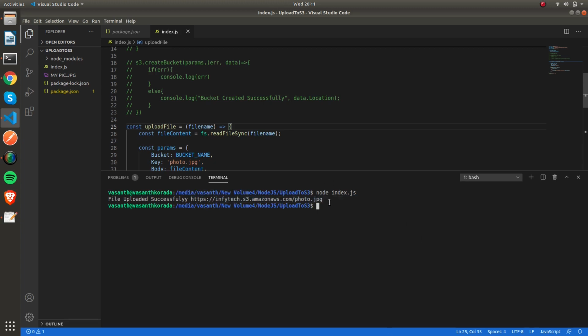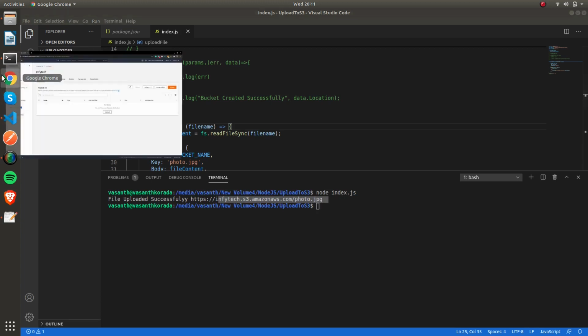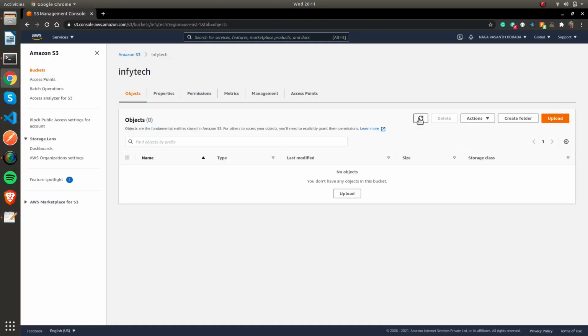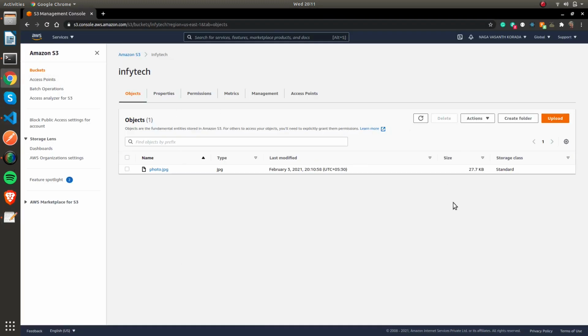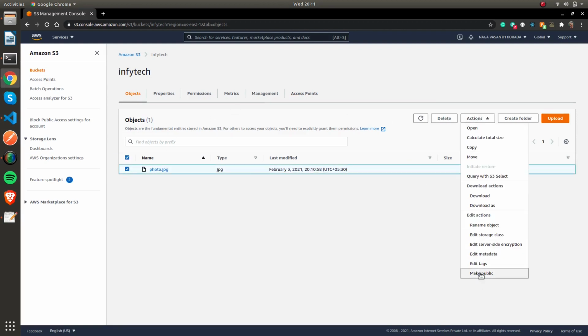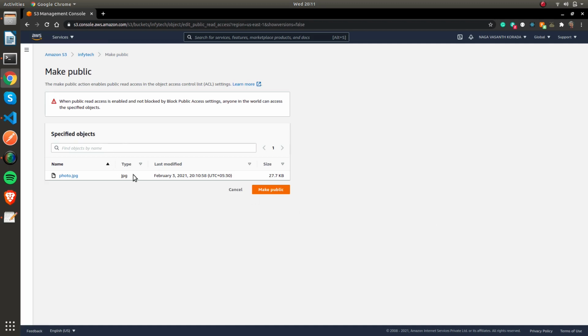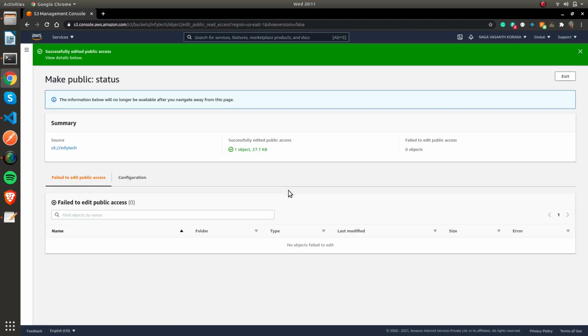By default your objects are not public, so you have to make your objects public before accessing them with the URL. So click on this, and on actions, make it public. You can see the object has been made public.